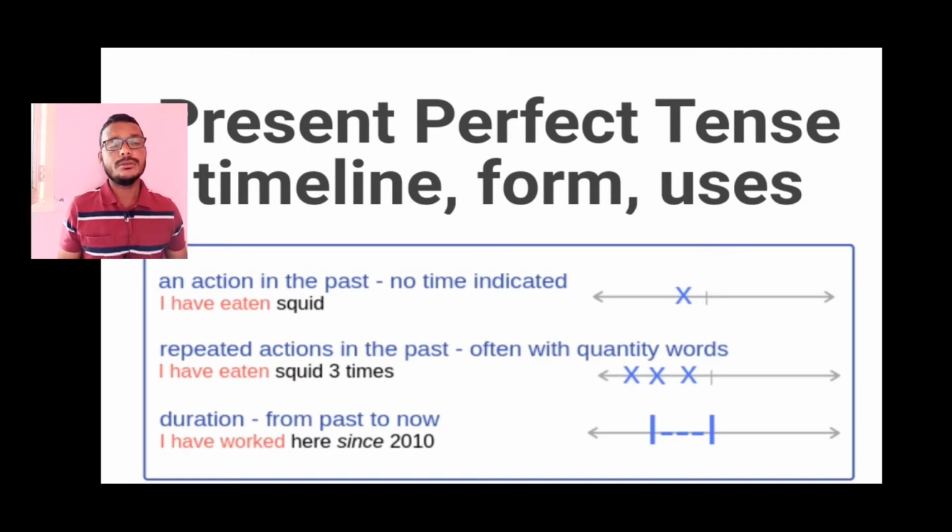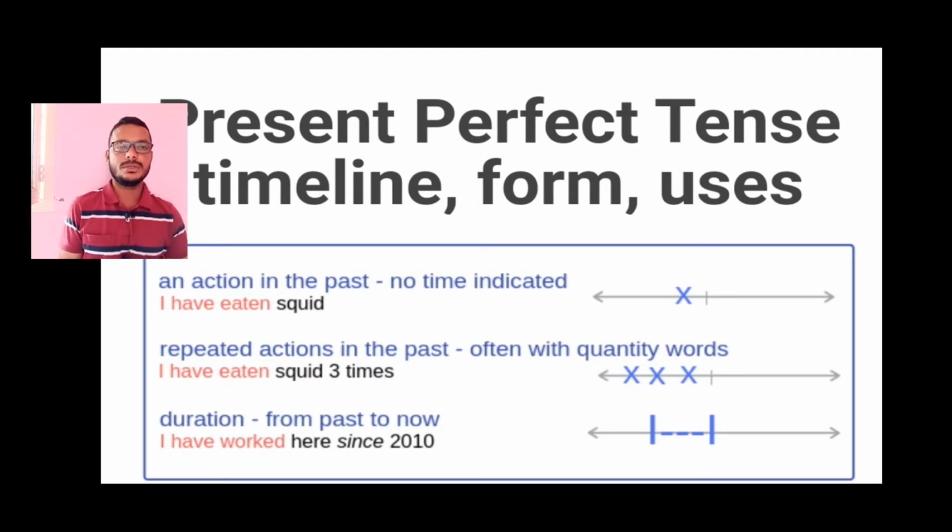We can use sentences like I have just eaten, I have already finished my work. Already, just: these are the words which indicate that just before, I have finished my action. It means for just finished action we use this have form helping verb. And the next instance where we use this have form helping verb is for repeated actions in the past, often